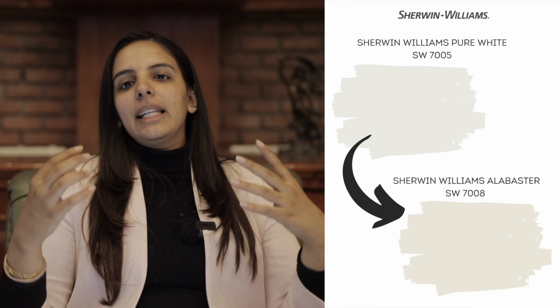So now that you know the specific colors to go with Accessible Beige, let's see what trim colors would best pair here. A couple of homeowners are wondering what paint colors to use on the window frames, the baseboards, and ceiling trims when they have Accessible Beige on the walls. I would say you must definitely go with Sherwin Williams Pure White, or even Sherwin Williams Alabaster is good to go here. With other paint manufacturers, in Benjamin Moore, Chantilly Lace is good to go, in Behr, Ultra Pure White is good to go, and you can even use